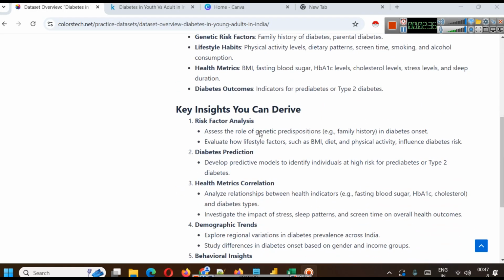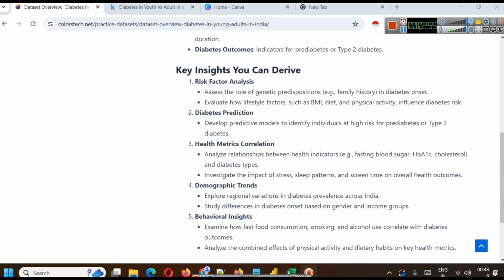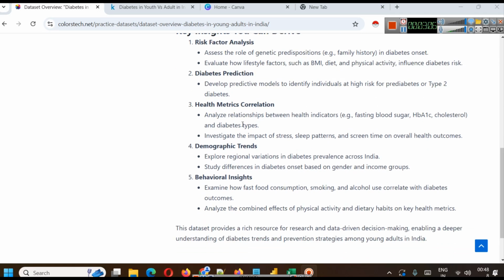Some key insights that we can derive: risk factor analysis. We can assess the role of genetic predispositions, for example family history, in diabetes onset. Evaluate how lifestyle factors such as BMI, diet, and physical activity influence diabetes risk. We can also do diabetes prediction, develop predictive models to identify individuals at high risk for pre-diabetes or type 2 diabetes. Health metrics correlation, analyze the relationship between health indicators like fasting blood sugar, HbA1c, cholesterol, and diabetes type, and